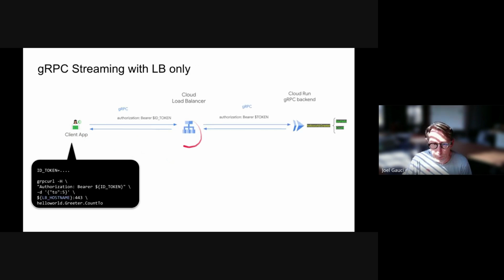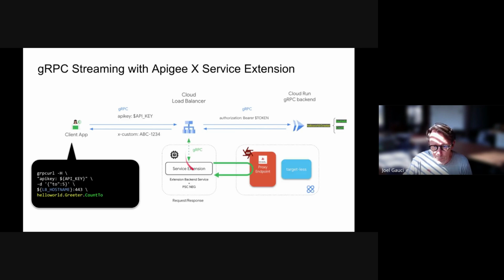So we will add a cloud load balancer in front of this Cloud Run application, but the principle is the same. I need first, as a client application, to create an ID token, and here I'm using exactly the same command, except that I go through the load balancer that will be connected to the Cloud Run application through a serverless network endpoint group. So not very different. But now that I have a cloud load balancer, and this will be the last part of the demo, I can now use service extension in order to connect with an API proxy that will be deployed on an Apigee X organization,